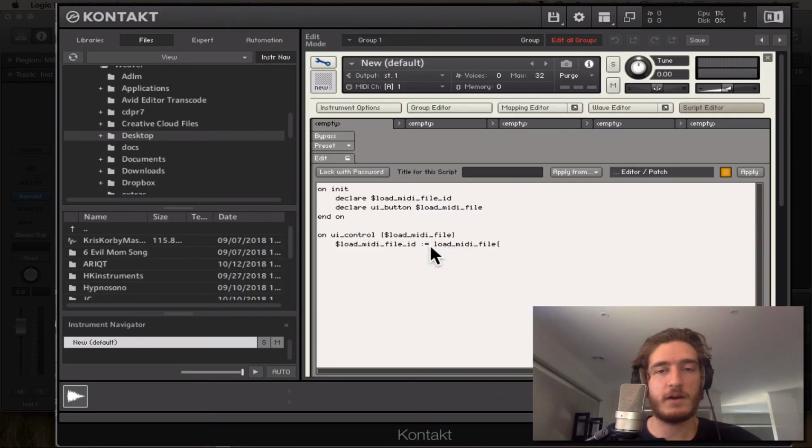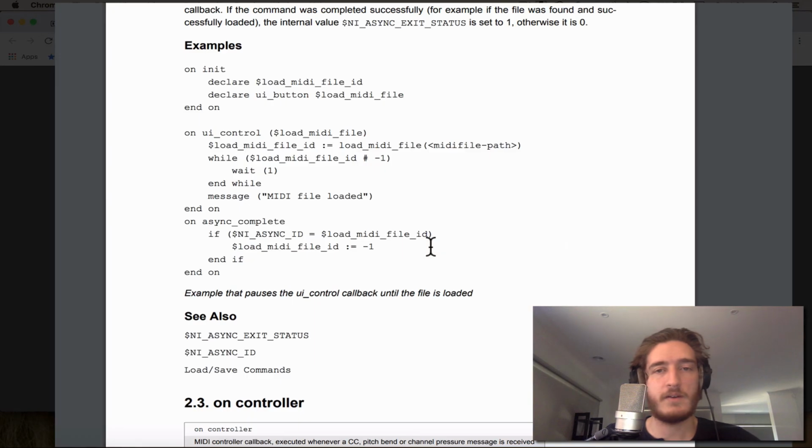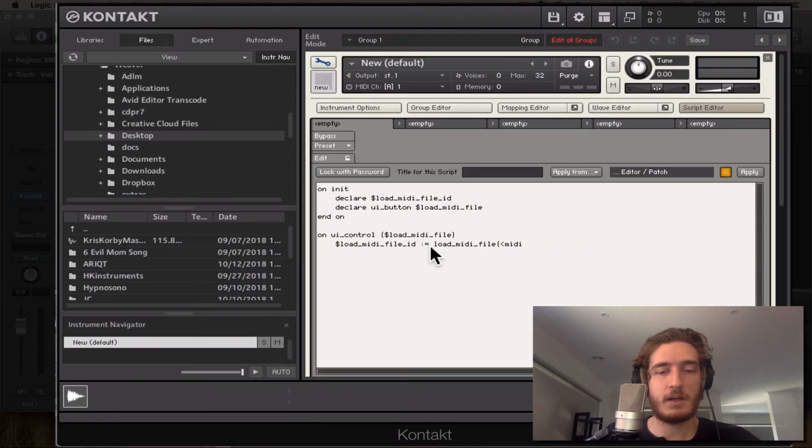So load MIDI file path. Have I done that? Nope. So again, we've always got to check that we're getting this correct, because Kontakt won't help us out too much if we don't. While load MIDI file ID